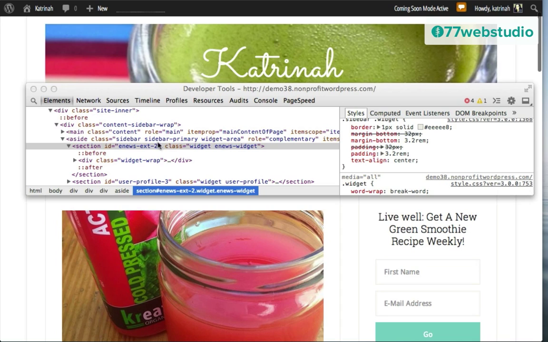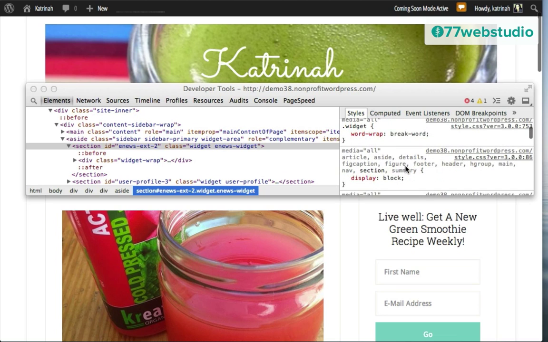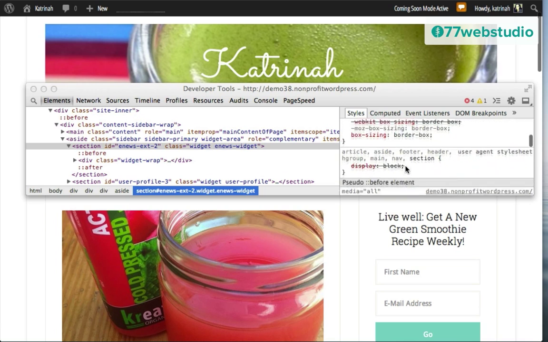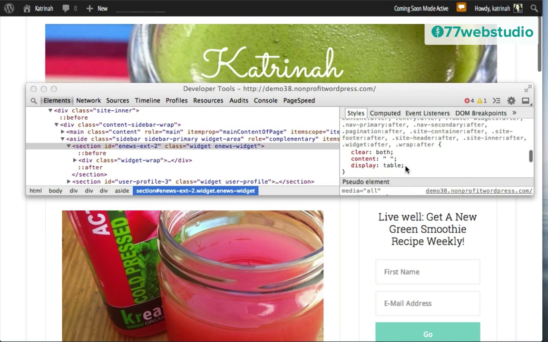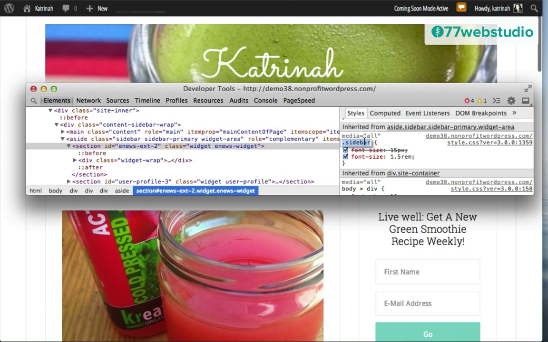Here in Inspect Element, we can see the HTML on the left-hand side with the widget eNews widget. On the right-hand side, we see there's a sidebar widget, there's dot widget, then all this other code, and actually I do not see the eNews widget, so I'm going to add that in myself. Here where it says dot sidebar, I'm just going to add some code in here. We'll just override this for the moment. Once again, this is really great with Inspect Element because it is a sandbox that we can experiment with.